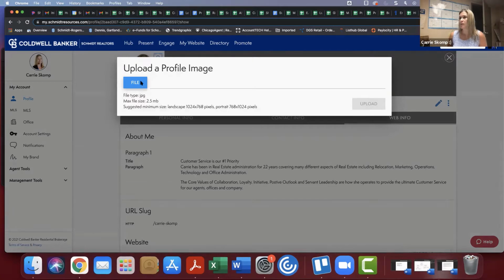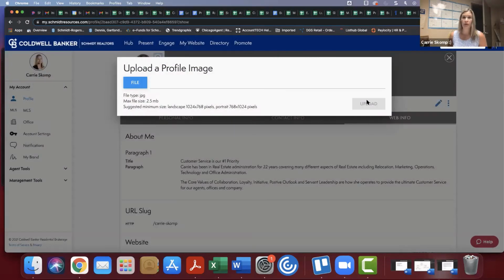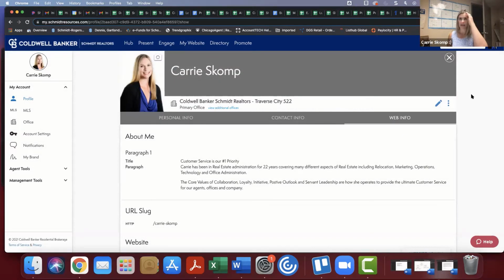Once you come to here, you just click File, you pull in the headshot that you want, hit Open, and then hit Upload, and that will upload the new photo. And again, that directly goes to MoxiPresent. It also will show up in Engage and on your websites as well. So it's nice you only have one account that you have to update in order to populate all of the products in Moxie. So now we're going to jump into Present,